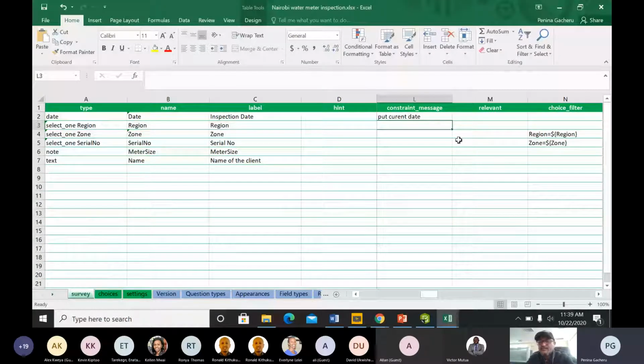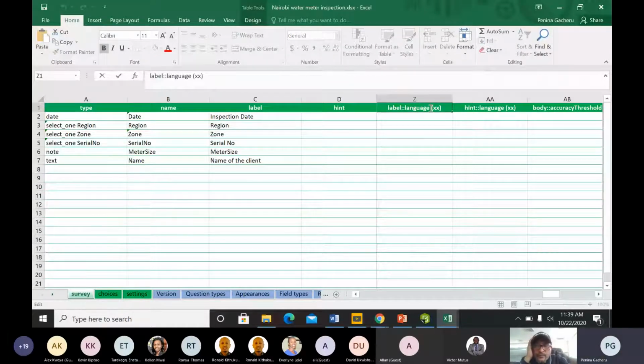So another capability I wanted to show lastly is about the language. You can also change the language to something that you're comfortable with, or the people on the ground are comfortable with. Now by default we are using English, but you can also change this to maybe Swahili. Then you can also replace this with the acronym for Swahili. And then now you need to translate everything on the